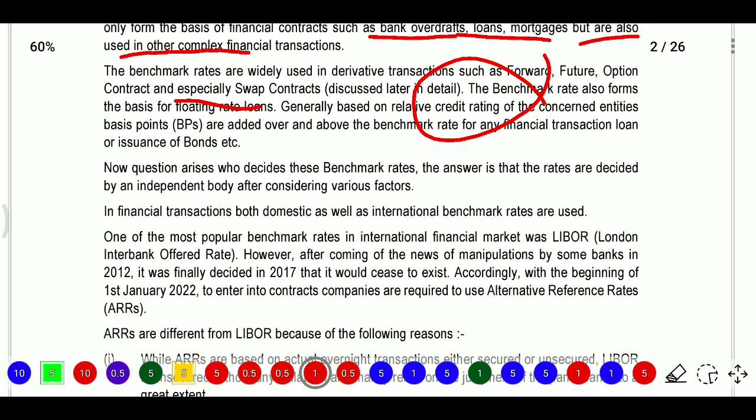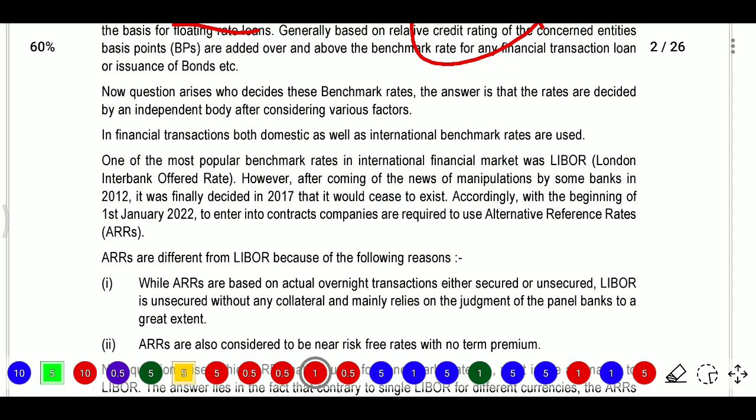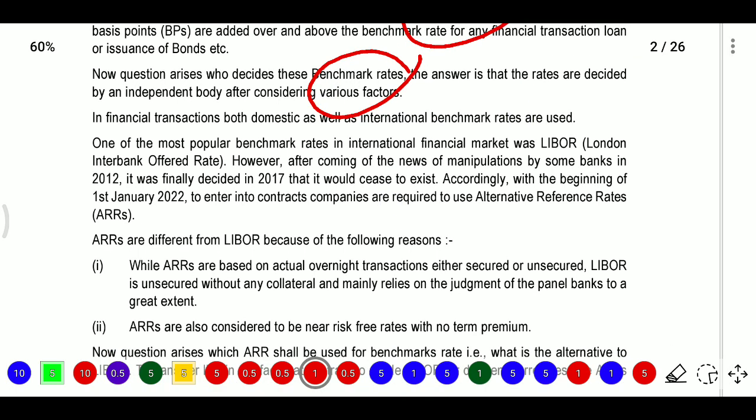Now some questions will arise: who will decide the benchmark? The answer is that rates are decided by an independent body after considering various factors. In financial transactions, both domestic as well as international benchmark rates are used. Mostly these benchmark rates are international financial rates, where we have